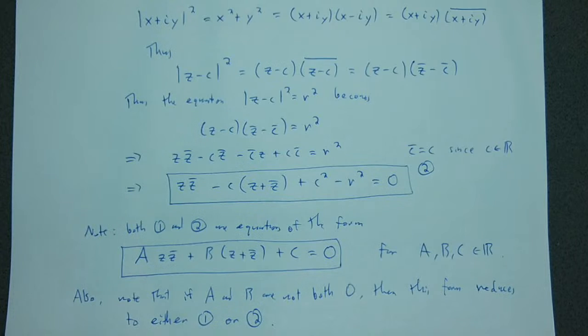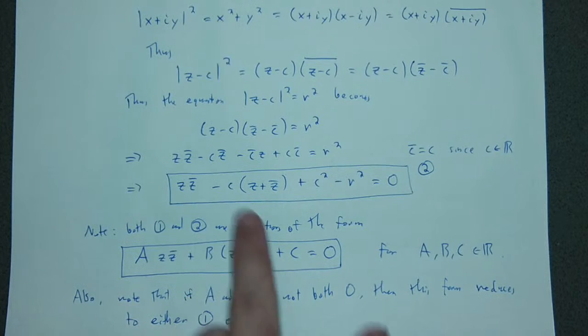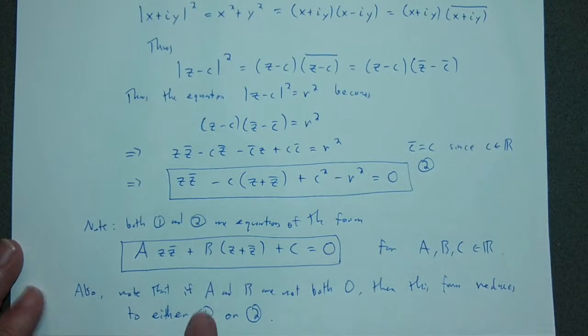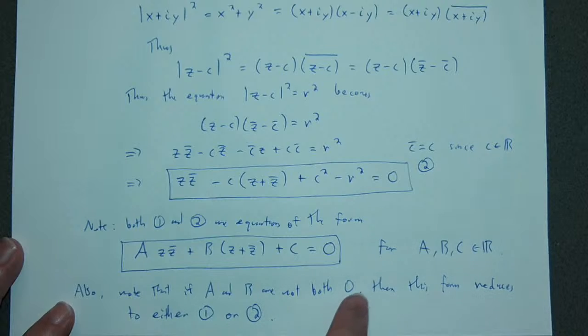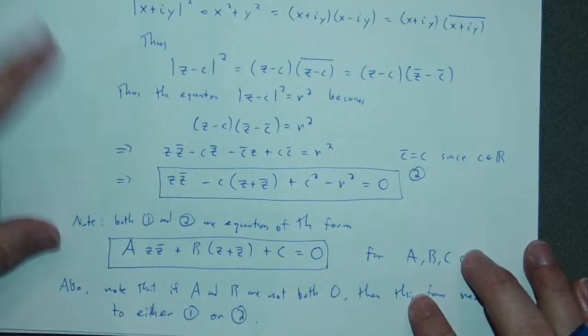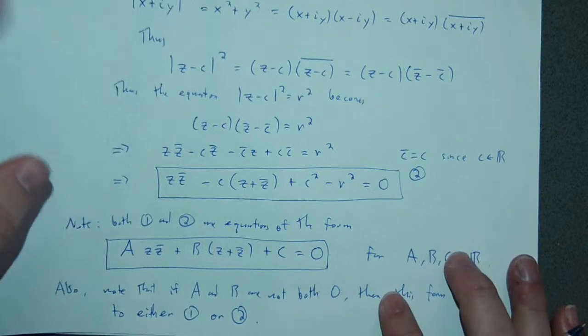So if A is not 0, in general, what I would get is my little c, my center, is going to be minus B over A, for instance, after I divide through by A. Okay. All right. So as long as both A and B are not 0, they reduce to either case 1 or case 2 in terms of these lines. And so this is the form of these lines. So rewriting that. Thus,